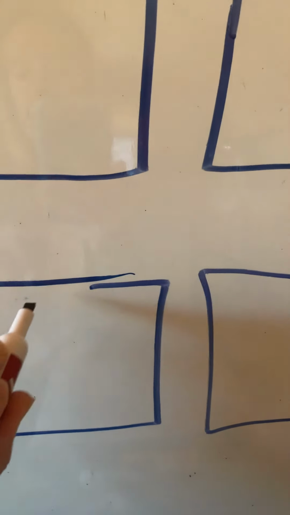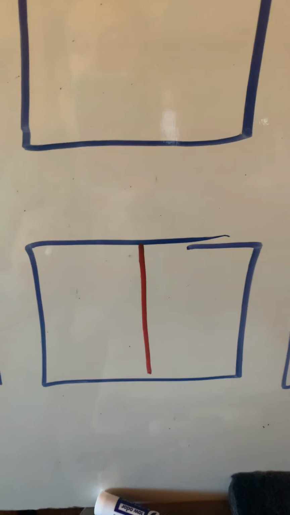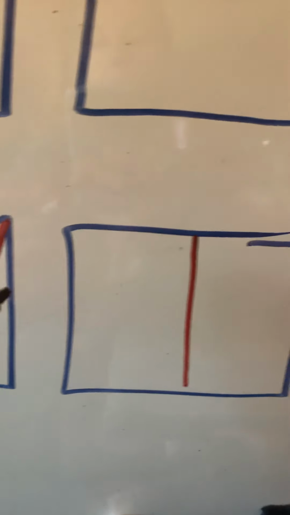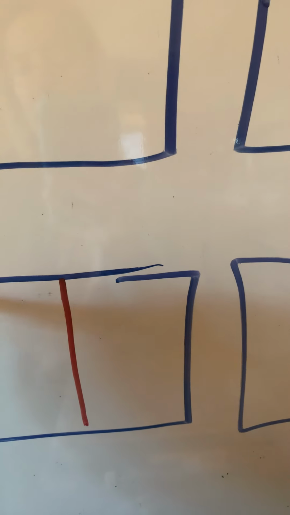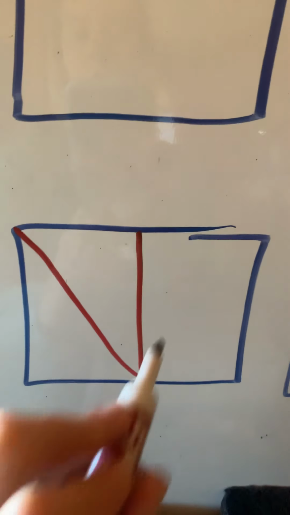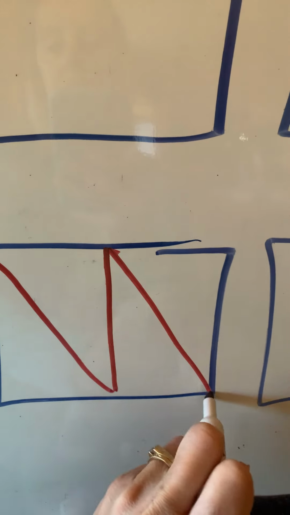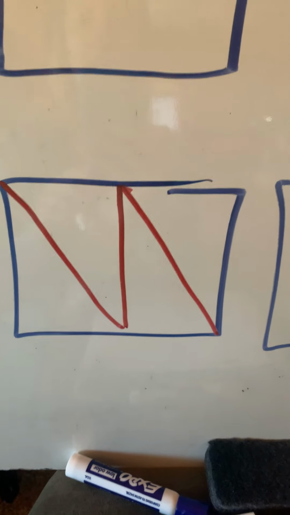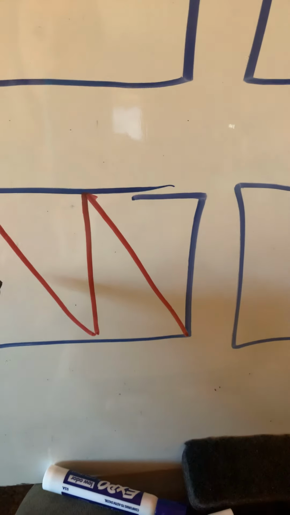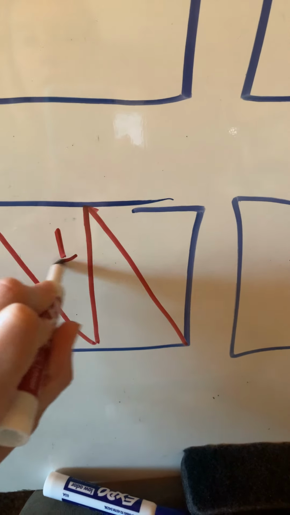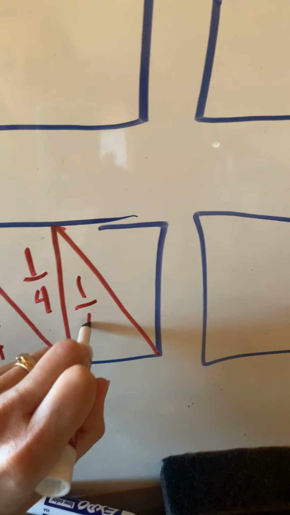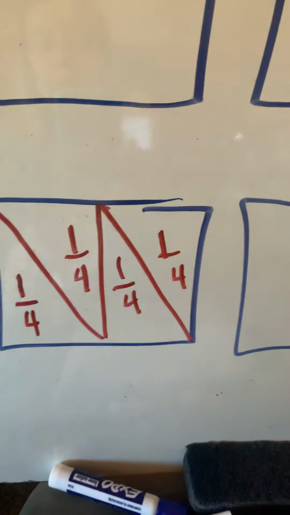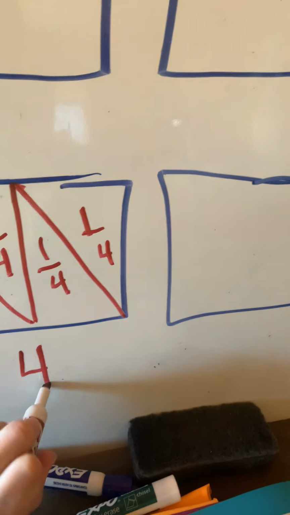All right, we're going to go right over here. Now, we just cut it in half this way, diagonal. Could we cut it the other way? We could cut it like this, and we could cut it like this. That way we cut those halves in half, and we have 4 equal parts. These are all fourths, aren't they? 1/4, 1/4, 1/4, 1/4. Together, all 4 of those fourths equal all 4 fourths, which equals a whole